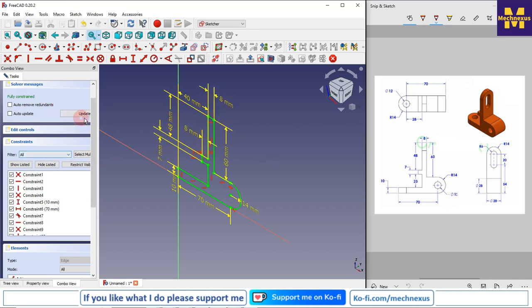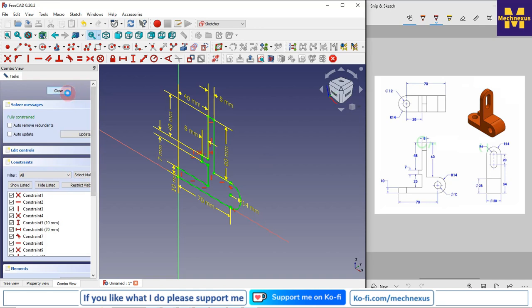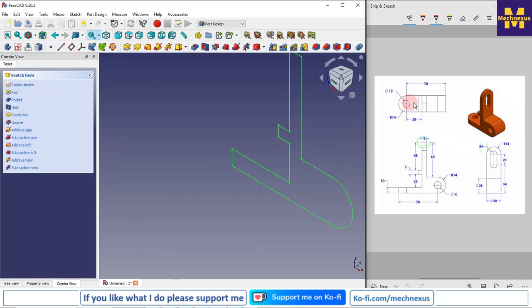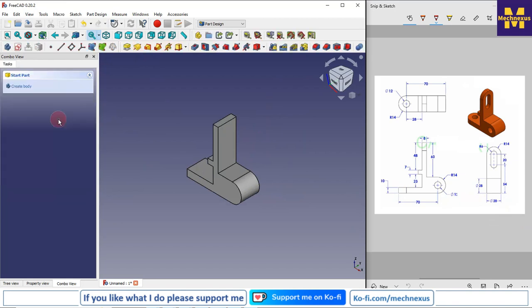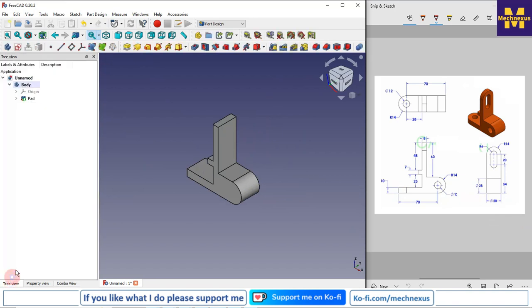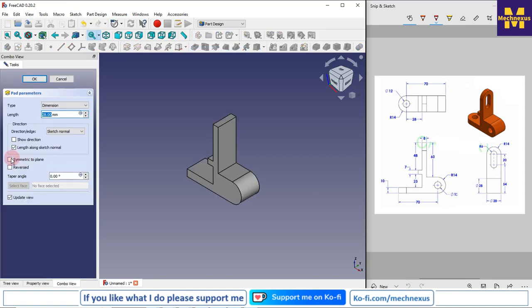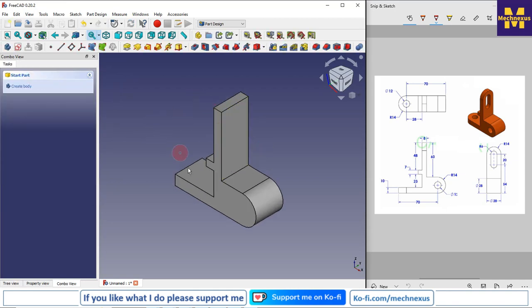And I will close it, and we can see that the total extrusion length is 28. So I will click on the pad and I will give the 28, and I will again edit it and I will make it symmetric to the plane. I will say OK. Now here we have made our base profile, this one,